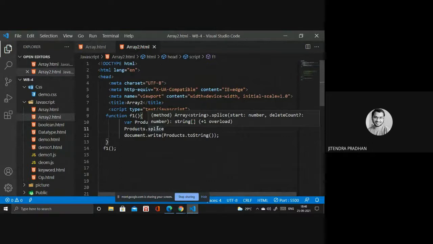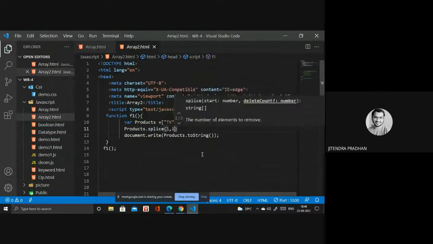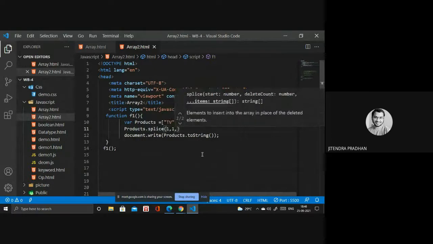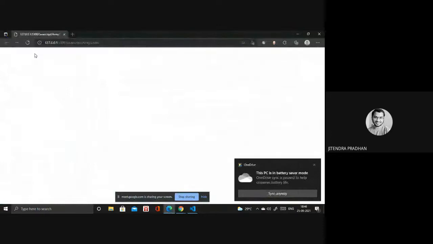So at the time, if I write one, one, and next I will write laptop. Is it already done? Right? No. Okay. Source, TV, source, kurti.